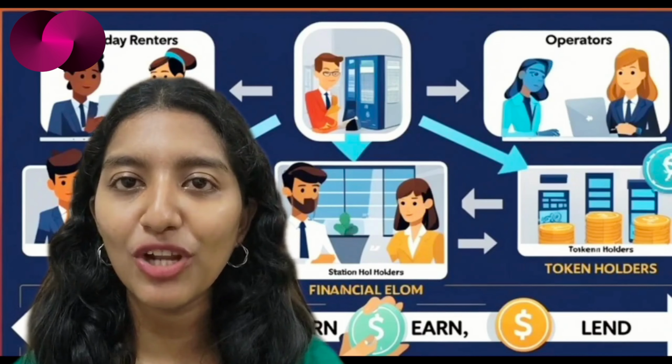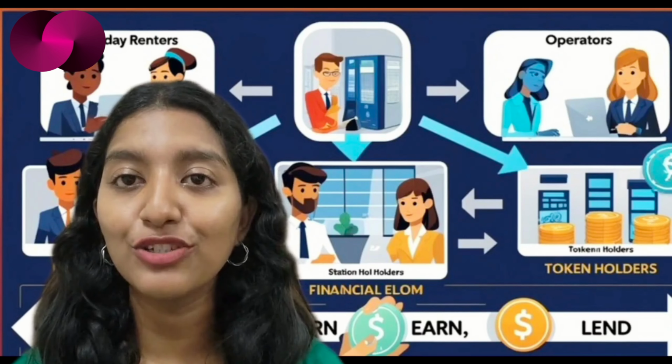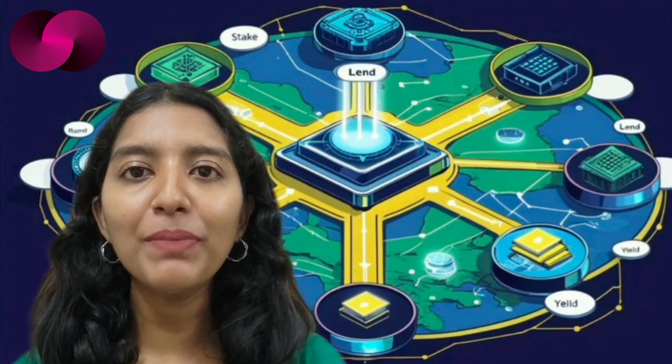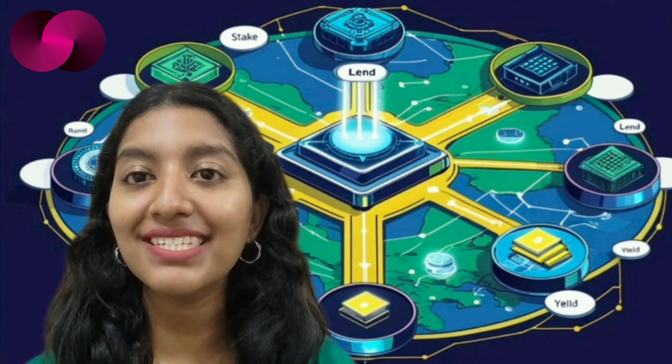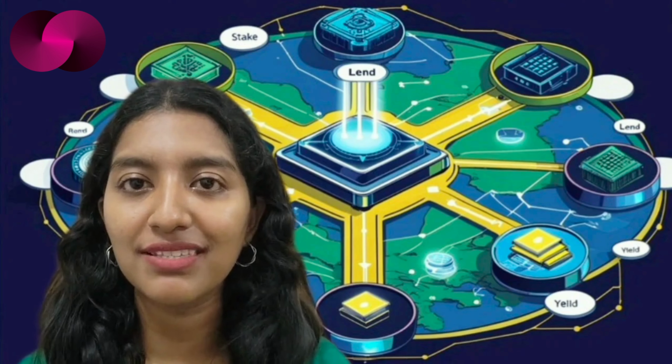You rent a portable charger for a bit, go about your day, and return it when you are done. Now, through this partnership with Saros, Piggycell could be tapping into on-chain liquidity. That might open up new financial models for users, operators, and token holders alike. Imagine being able to stake, lend, or earn through a network that's linked to something as tangible as a power bank rental service. For Saros, this partnership is a way to connect DeFi with a physical network. It's a move that could give its ecosystem some serious real world utility.